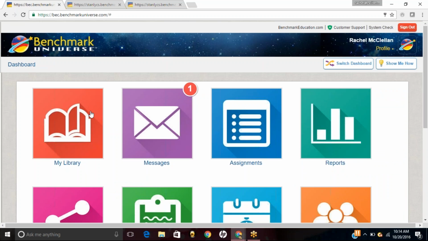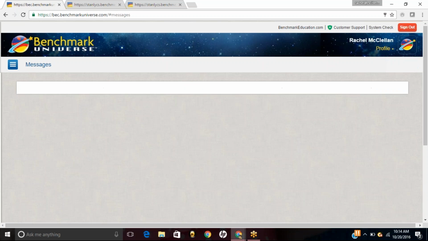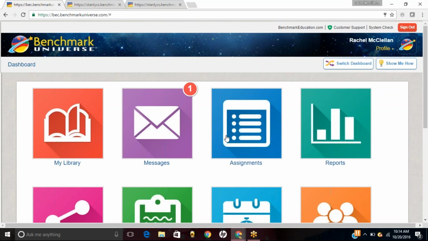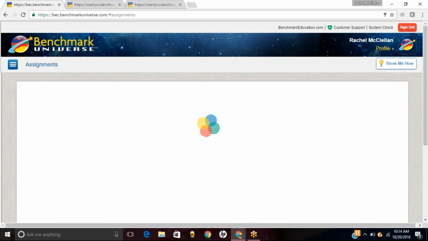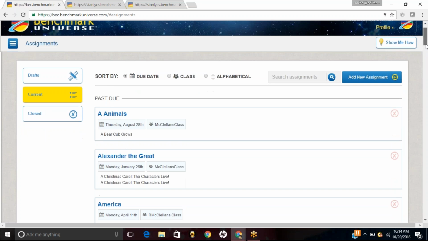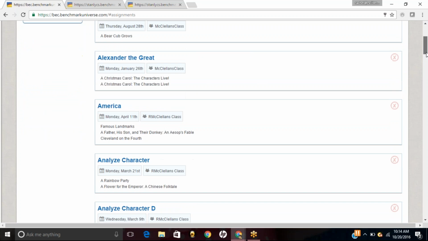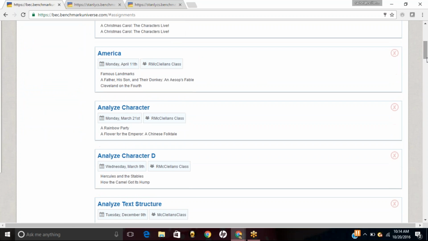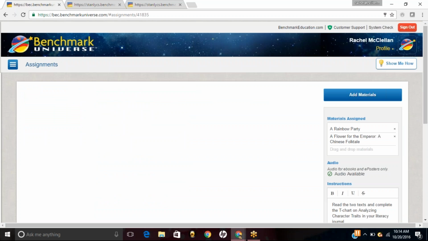We've gone through the library. The message center is where you and your students can message back and forth. Assignments. When I click into the Assignments tab, you'll notice every single assignment that I have done now or did last year is going to be here. You can go in and edit those at any point in time. So I can go ahead and click on